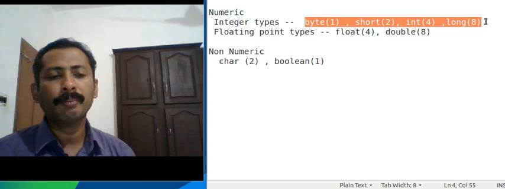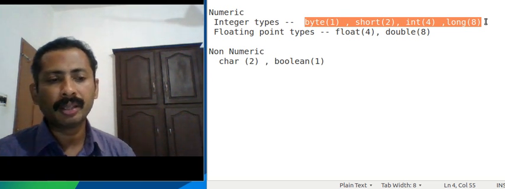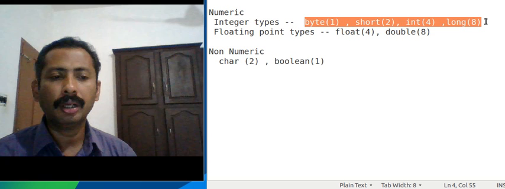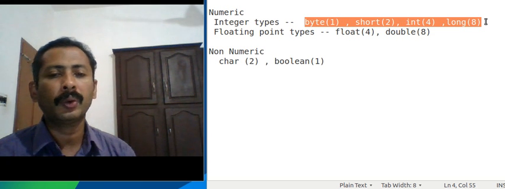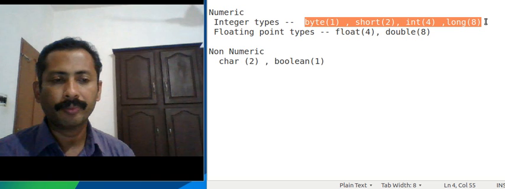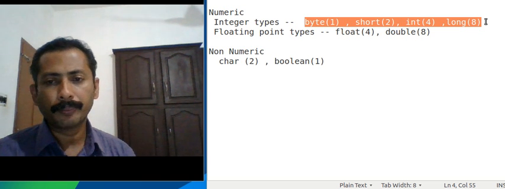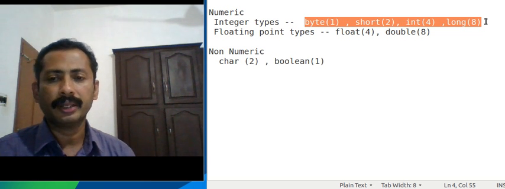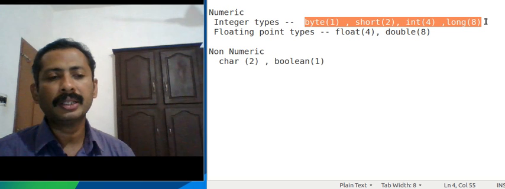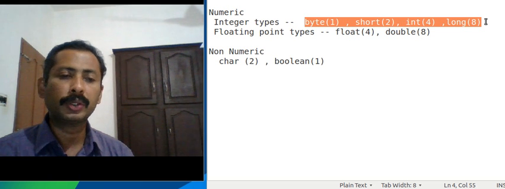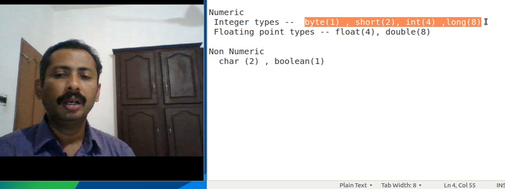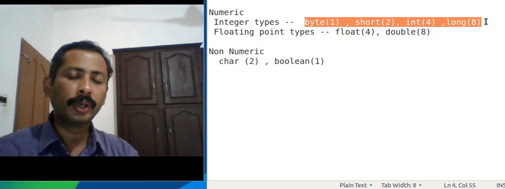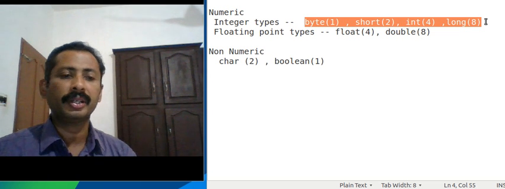type. If I am declaring byte A, it means that A is a variable of byte type, and in memory 1 byte is allocated for the storage of this variable. And short is used for storing higher numbers than a byte, or 2 bytes are allotted. So it can have 2 raised to 16 combinations, and it is 32768 combinations. And for a byte it is 2 raised to 8, that is 256 combinations.